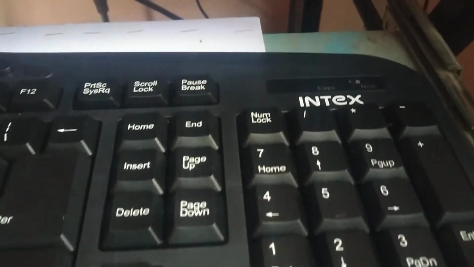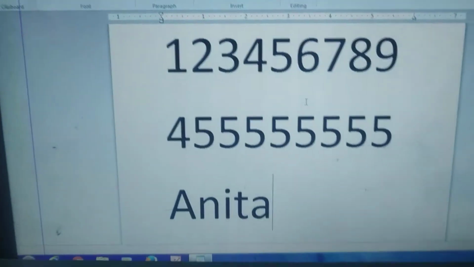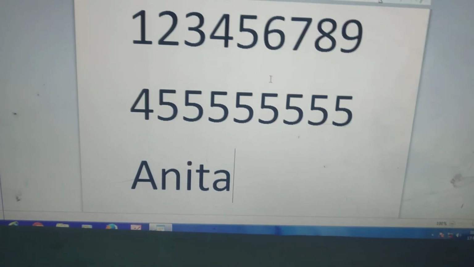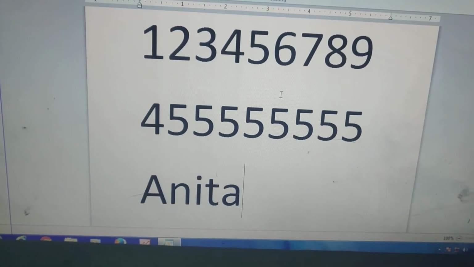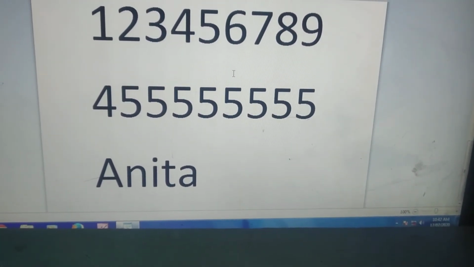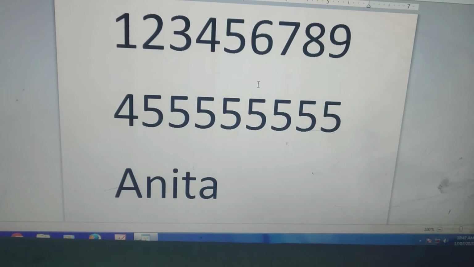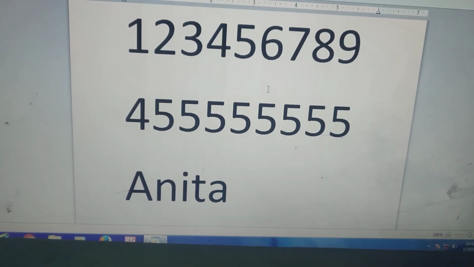Now how to use this numeric keypad? You can type your mother's mobile number, father's mobile number, sister, brother, uncle, auntie, anybody's mobile number with the help of this numeric keypad. Okay, today you have to do all these things.